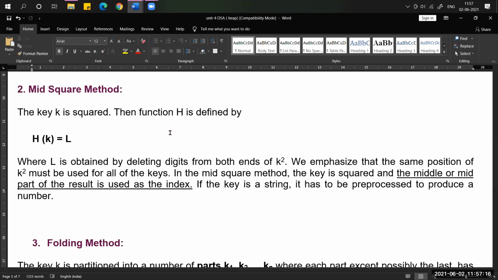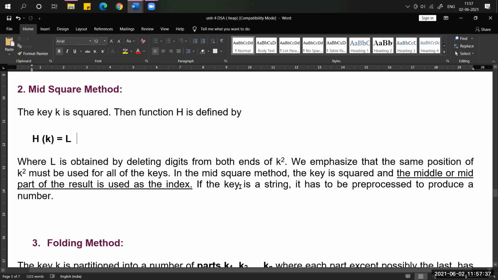After deleting the right and left digits, whatever resultant digits we get, that is called L. I will explain an example so that you will get clarity about this mid-square formula.